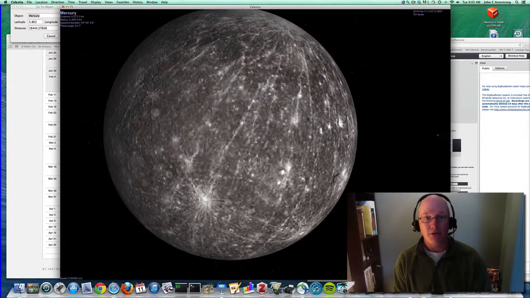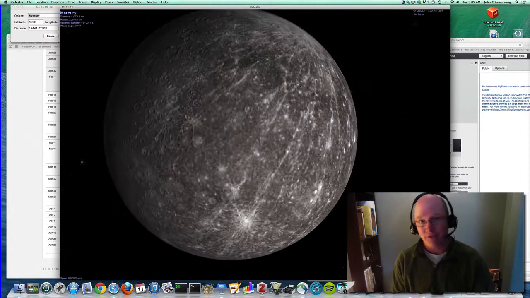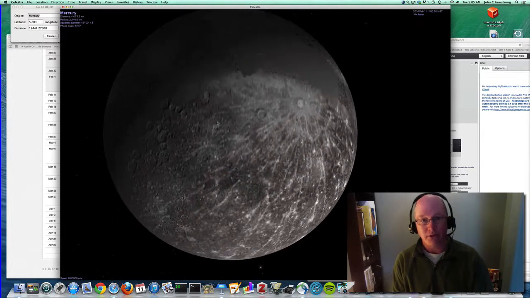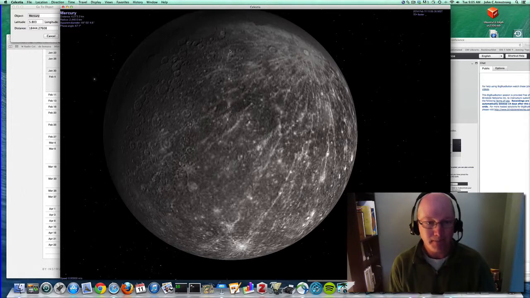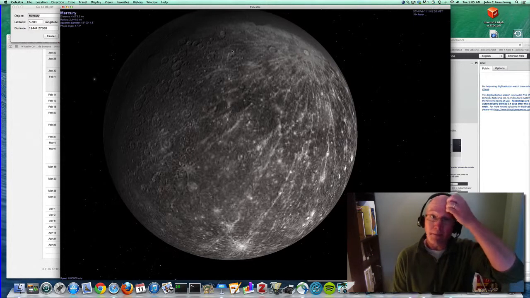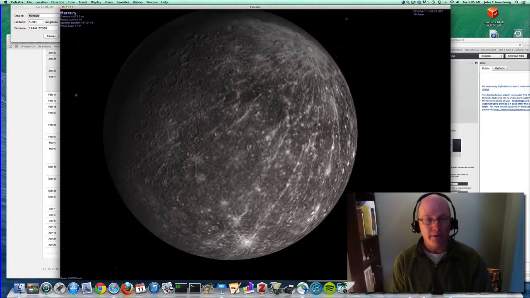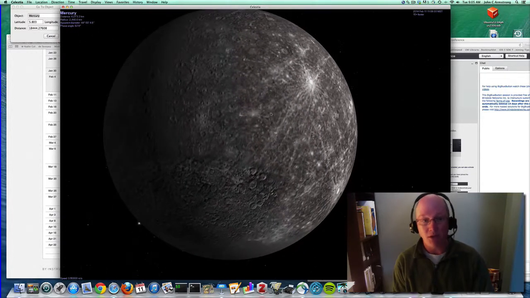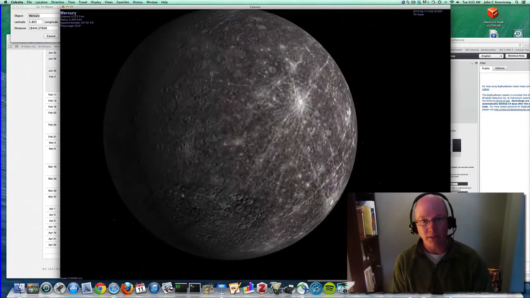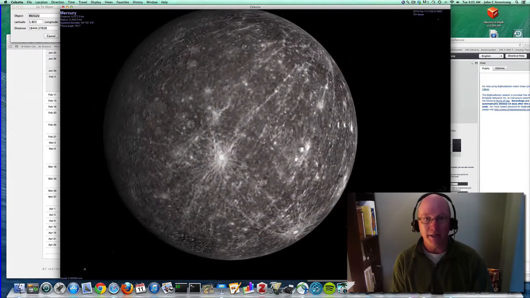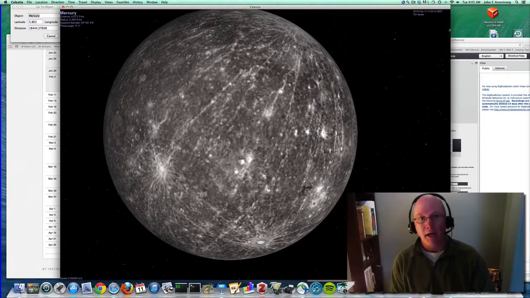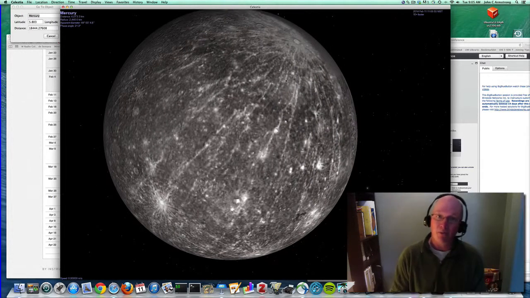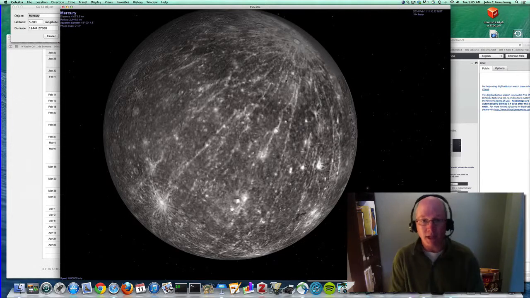One of the key features of Mercury is that it's incredibly dense. In fact, it's one of the densest planets in the solar system, and it also has a very large iron core and not much of a mantle. So one of the things we think with Mercury is that it got its mantle perhaps blasted off in a giant impact, and what's left is really more like the core of an iron-rich and nickel-rich planet. Again, that's supported by our idea of this early heavy bombardment where we had planet formation and lots of planetary